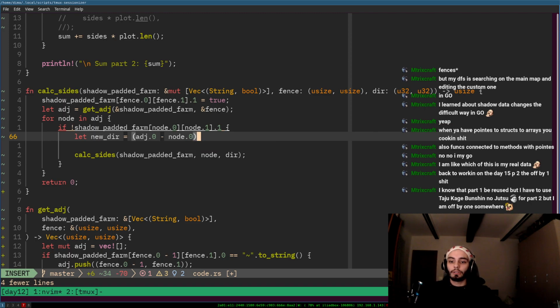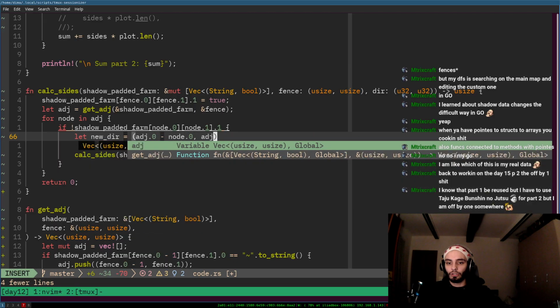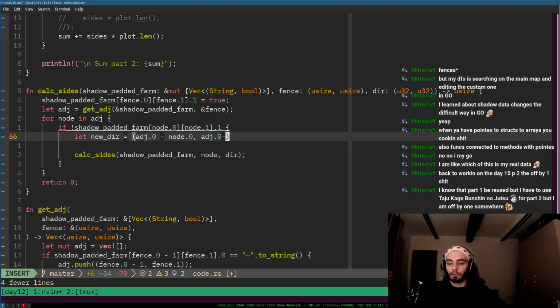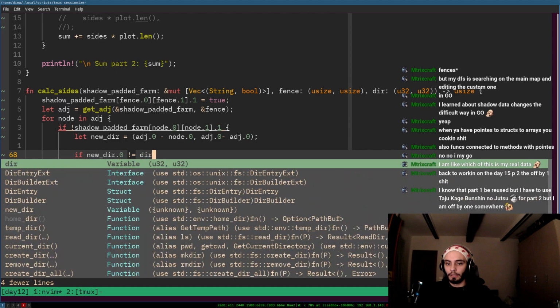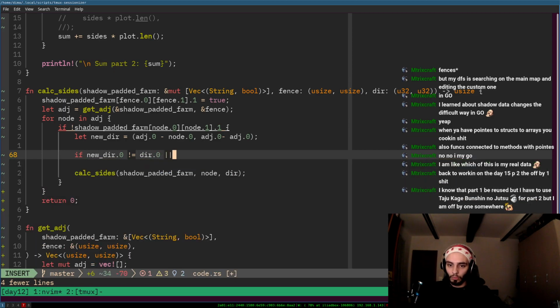So node dot 0 minus 0 and adjacent dot 0 minus adj dot 0. Okay, so this is the new direction. Now I can check if new dir dot 0 is different than dir dot 0, or new dir dot 1 is different than dir dot 0,